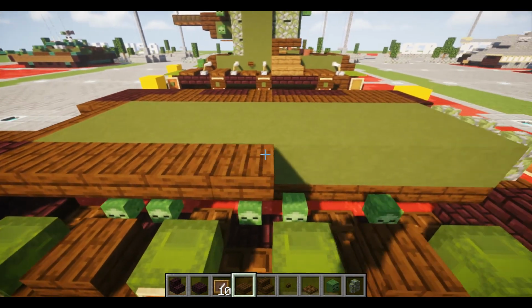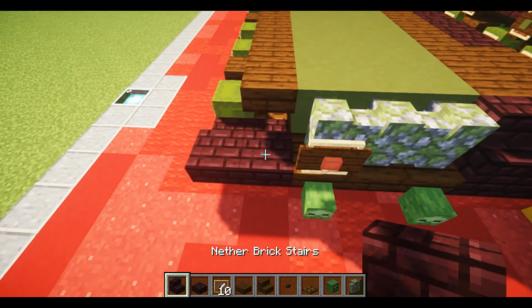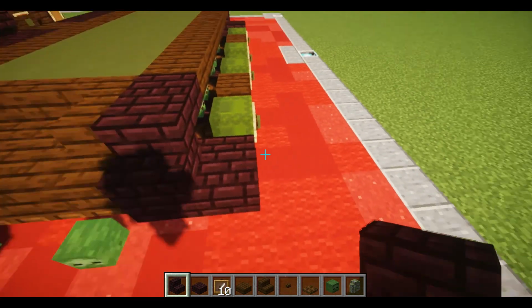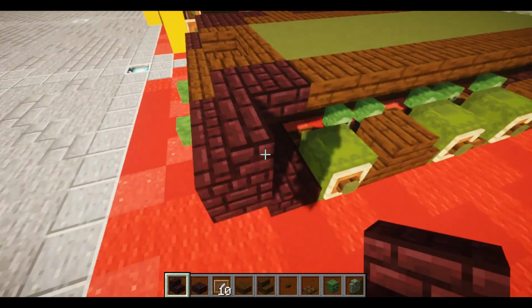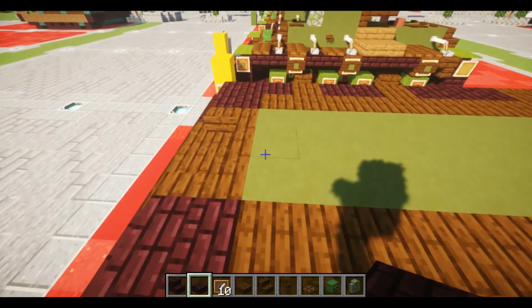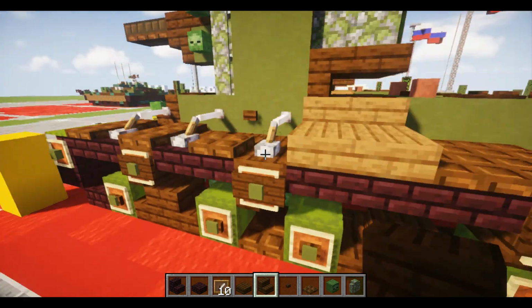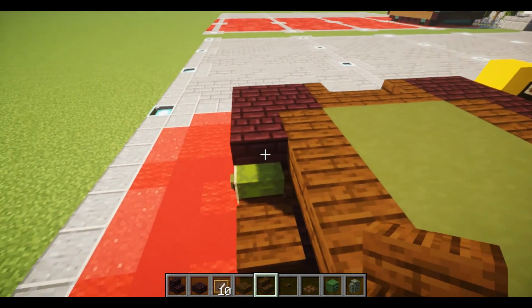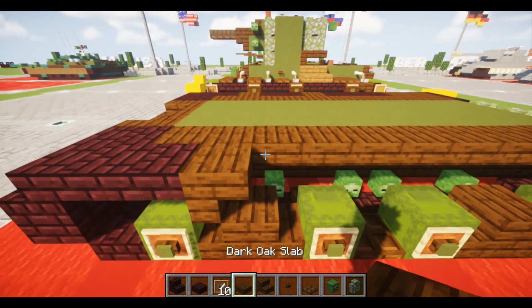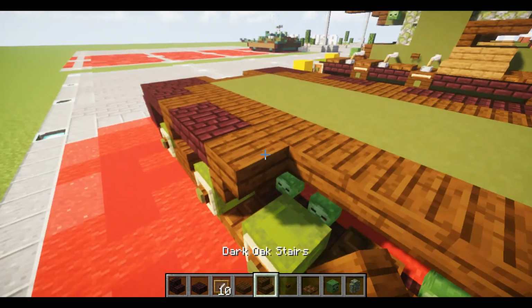So 1, 2, 3, 4, 5, 6, 7, 8, 9, and 10, and then one nether brick stair right on top of this upward facing nether brick slab. Something similar in the front, one nether brick stair, then two nether brick slabs, and now for the return rollers, which are all going to be facing the same direction. Place one stair just off the slab, so it should look like this. Then go out two nether brick slabs, another stair,